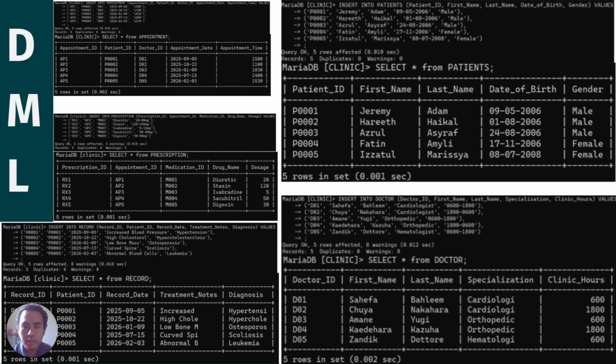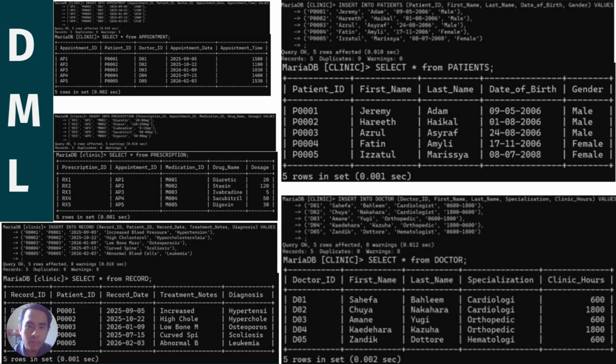It's simple coding. Basically, we just do insert into the table name, and then brackets, and then we put whatever attributes we want into it: patient ID, first name, last name, date of birth, and gender. Close bracket, and then add values. Next, we just implement it. Bracket, and then we insert one by one.